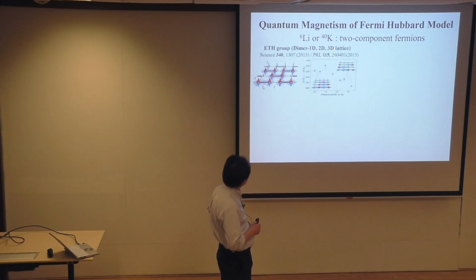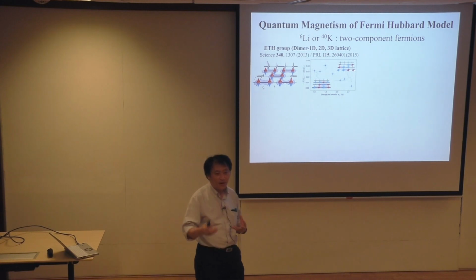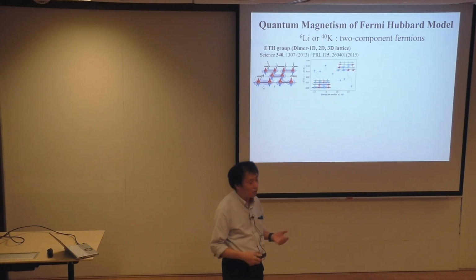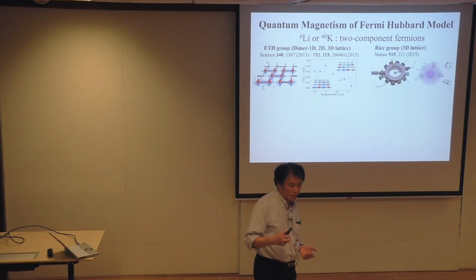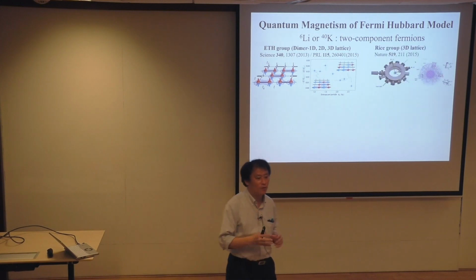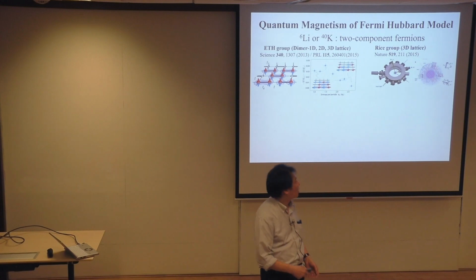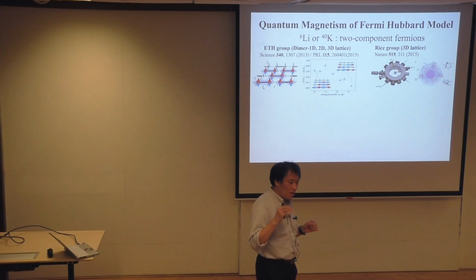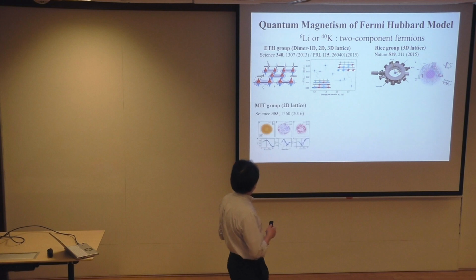The ETH group was the first to study the short-range magnetism of a Fermi Hubbard model, like this. And the Rice group was the first to successfully observe the antiferromagnetic spin correlation of the fermions in an isotropic cubic optical lattice in a 3D lattice configuration by the technique of optical Bragg scattering. And the MIT group,